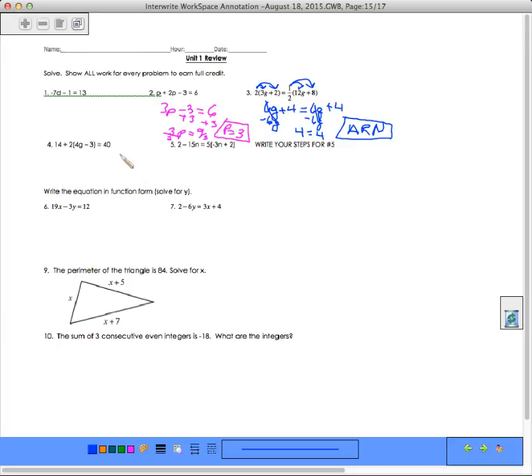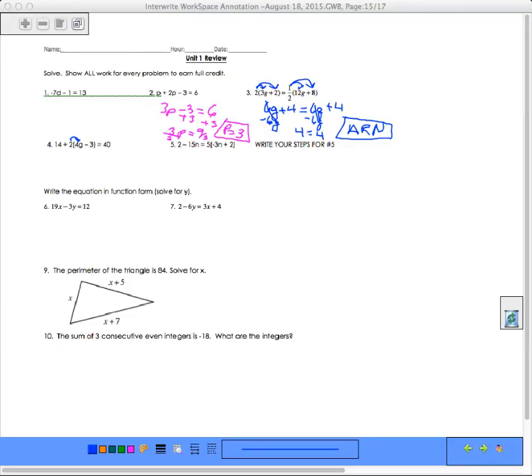All right, and I guess I'll go ahead and do number 4 with you. 5 I'll leave you to do on your own. 4, you're going to start by distributing. So 2 times 4g is 8g. 4 times,